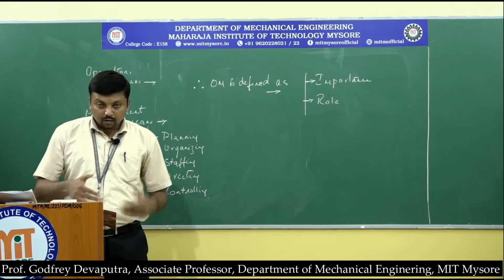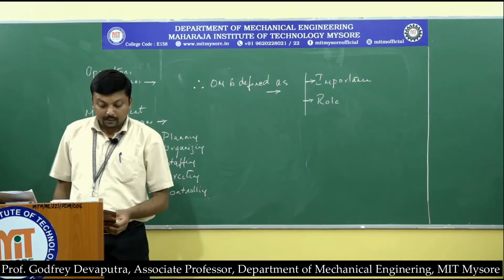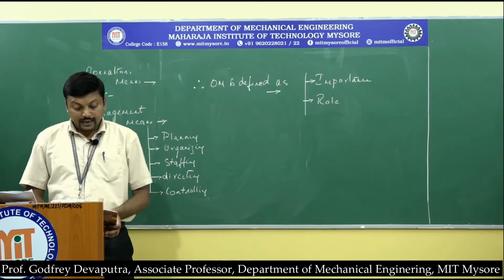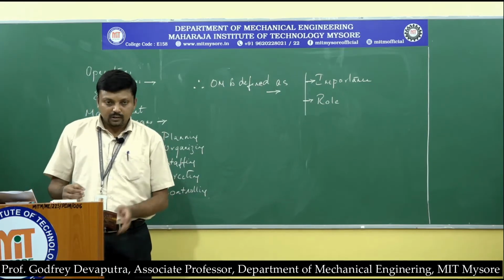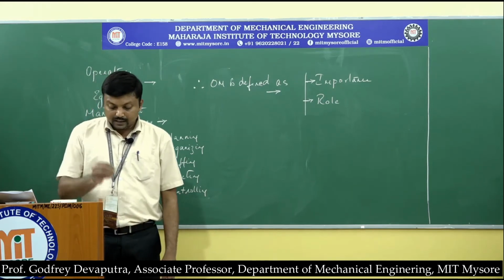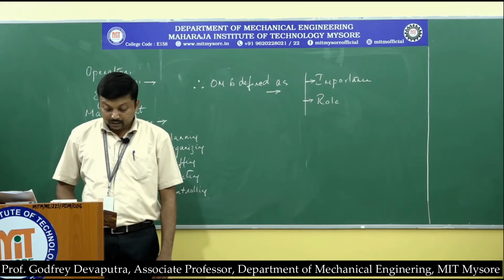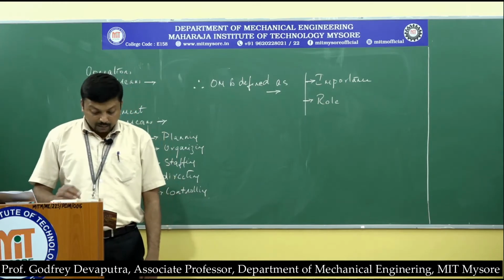Just to elaborate on how this is supposed to happen: first is to forecast the demand, to arrange the things, to arrange the services, to produce goods at minimum possible cost and time, to produce goods at the right time and in sufficient quantity, to produce goods of acceptable quality, to effectively utilize all the factors of production and service facilities, and to also take strategic level decisions concerning production and the production system.